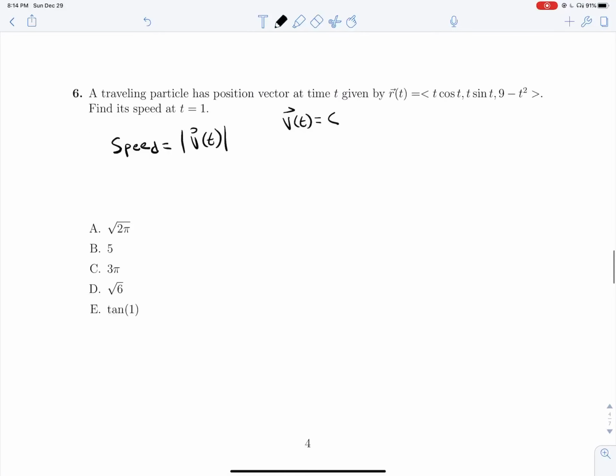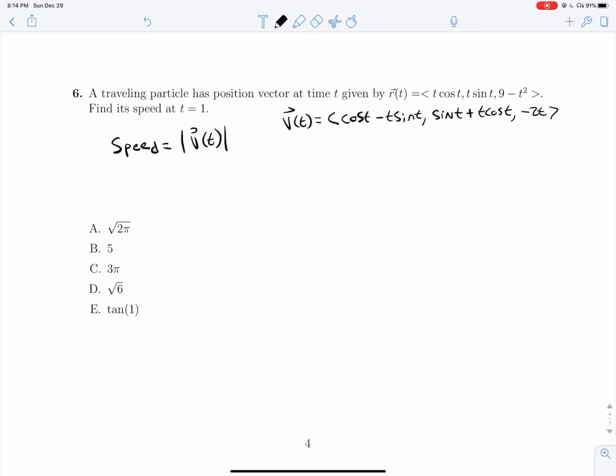Okay, we are going to get cosine of t minus t sine t, and then sine t plus t cosine t, and then negative 2t. Okay,